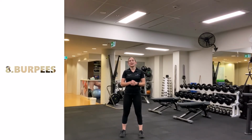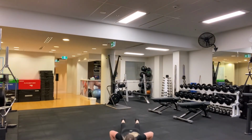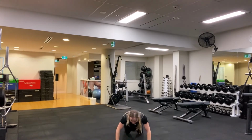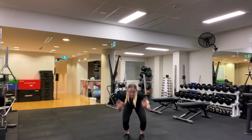Last exercise, guys, we actually aren't going to need the plate because we are just going to do some burpees, okay? So we're going to do a big jump up, hands down, chest down, jump back up all the way through, okay? So chest down, sprawl up, big jump up, and get back all the way up and down, nice